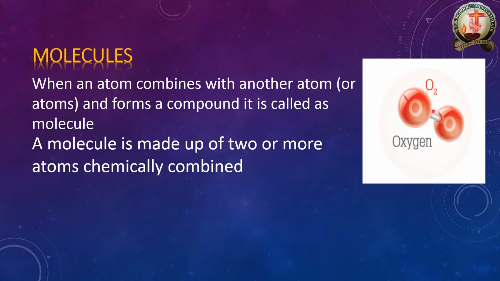How does the bond occur? The bond is chemically combined. Chemically combined is nothing but making a human chain. You give one hand to your friend, and another friend gives one hand. The two hands make a straight line, a straight chain. That line is called a bond. Are you sharing two hands with your friends? No, you share only one hand, and the other person shares one hand. So mutual sharing is occurring.